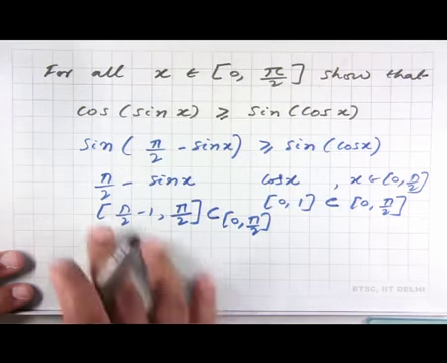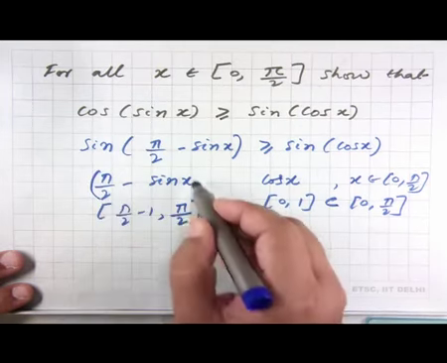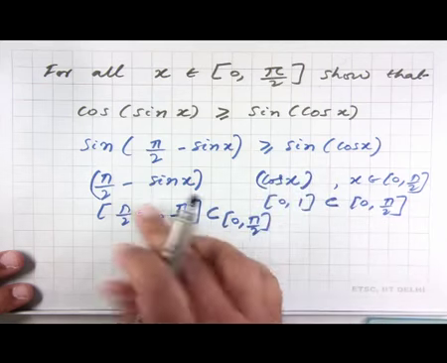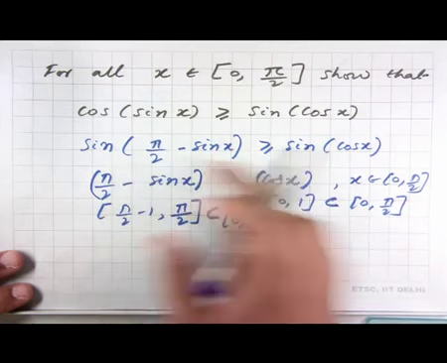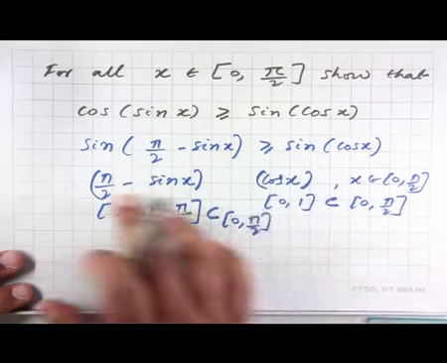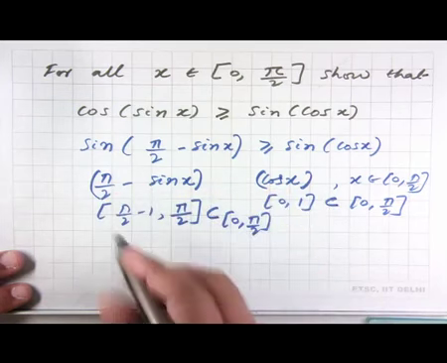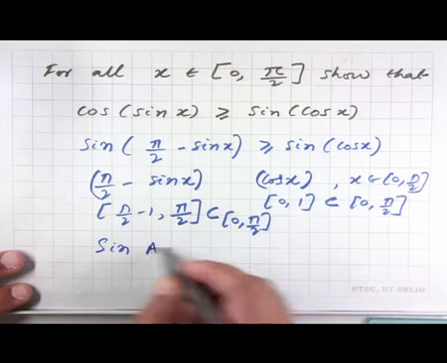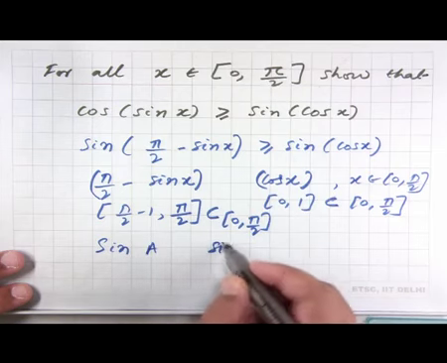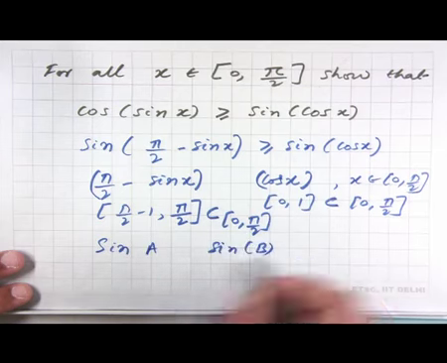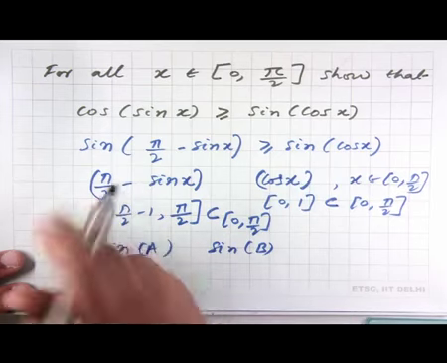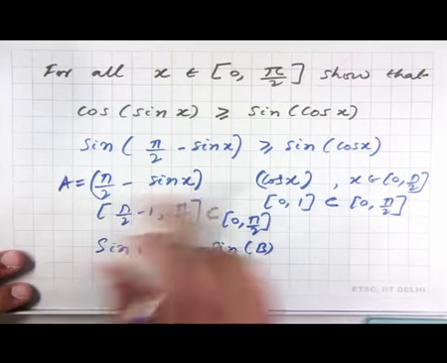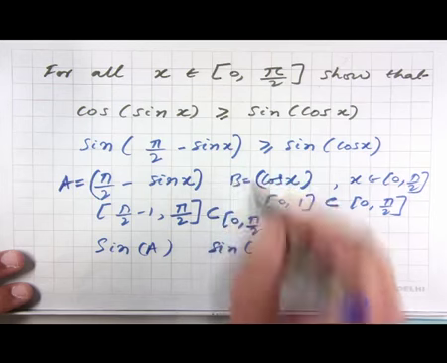So, this tells us that both pi by 2 minus sine x and cos x, which are the arguments here, belong to the interval 0 to pi by 2. So, essentially we have something of the form sine of A and sine of B. So, A is equal to, let us say, pi by 2 minus sine x, and B is cos x, and